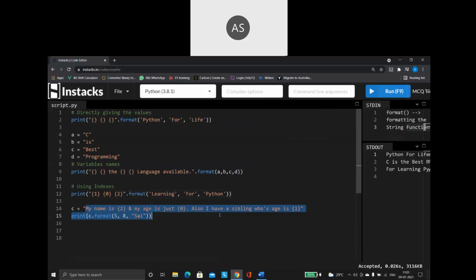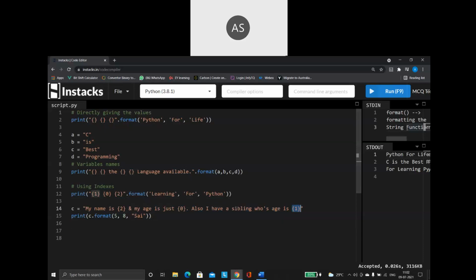I am saying my name is, then in this place I am giving a pair of curly braces, inside which I have passed one number. Continuing the string, I am saying and my age is, then again a pair of curly braces with a number inside. Then I am saying, and also I have a sibling whose age is, then I am giving a curly brace and I am giving 1.